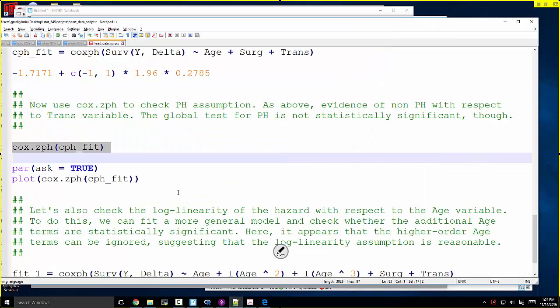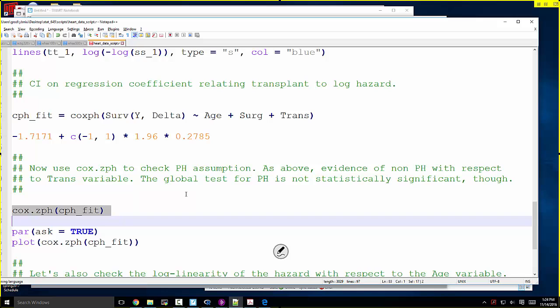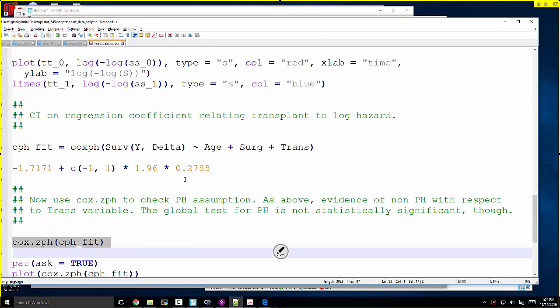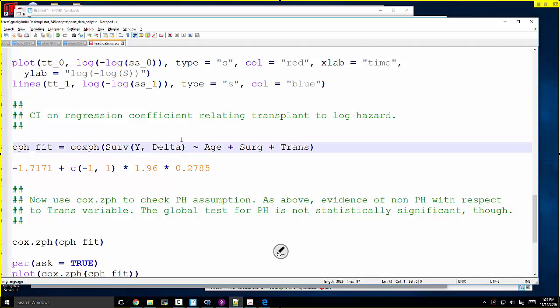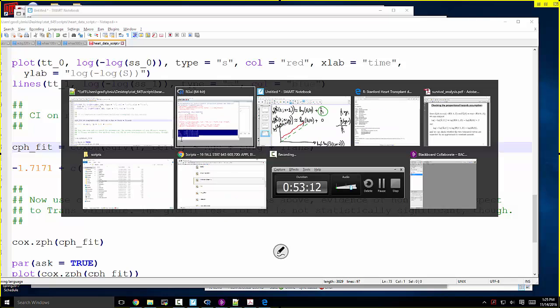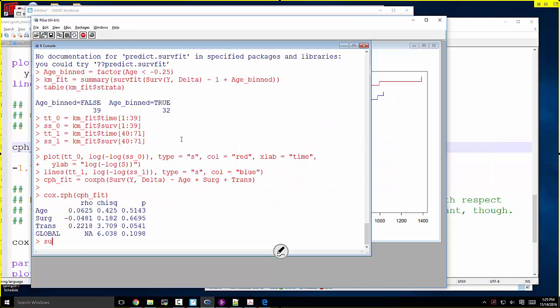All right, more on that next time. Let me say something while we're here. This is relevant to your homework. When we fit the Cox proportional hazards model that had age, surgery, and transplant in it, if I say summary of the CPH fit,